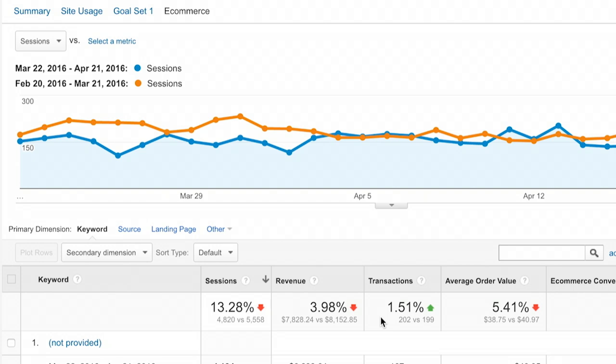So there are a lot of ways that Google Analytics can help you out and show you how your campaign is going so far and where to go next. So I hope we've been able to provide you with a good foundation for getting yourself set up for success